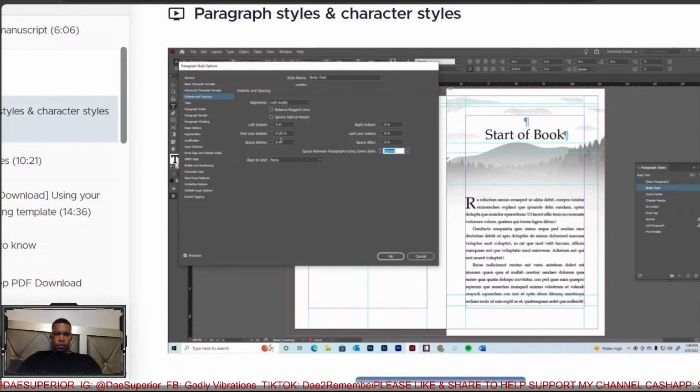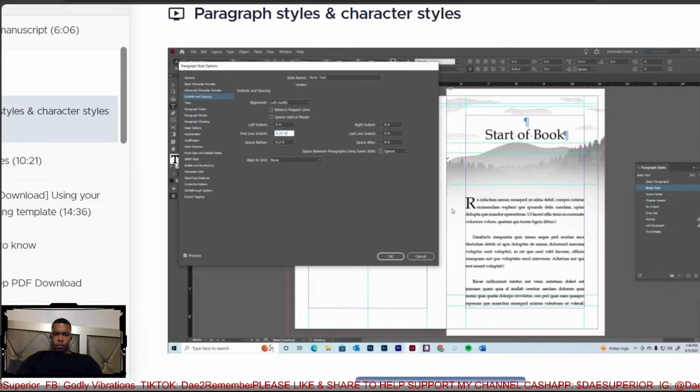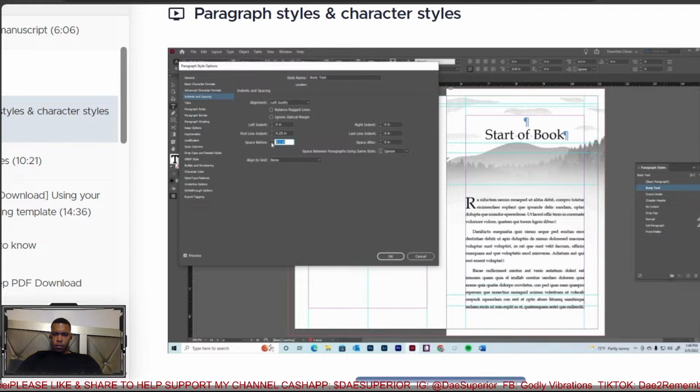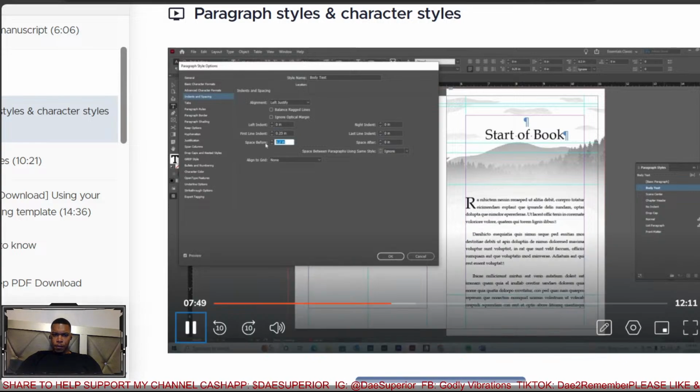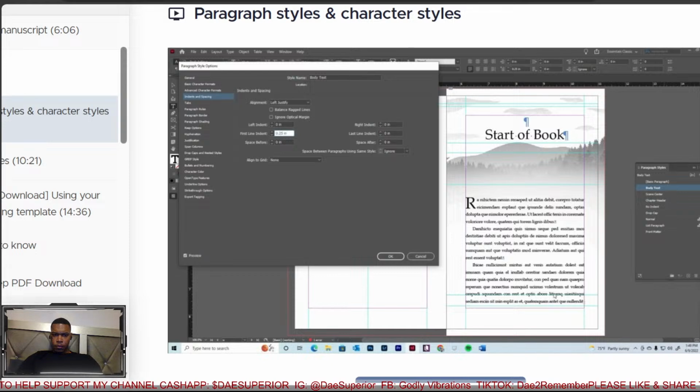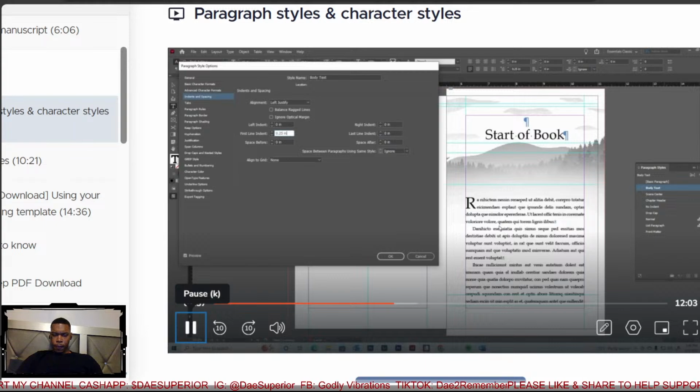What you would want to do in that instance is mess with this, which is the space before each paragraph. I'd set this for 0.3, and then we can preview, and it sets 0.3 inches as the space in between each paragraph. Personally that looks like a little bit much, so I'm going to mess around with that, and you can just play around until you feel like you have the spacing that you like. But for me, especially for novels, I don't like having that spacing. Sometimes I like that spacing when I format nonfiction books. But again, I just wanted to show you guys